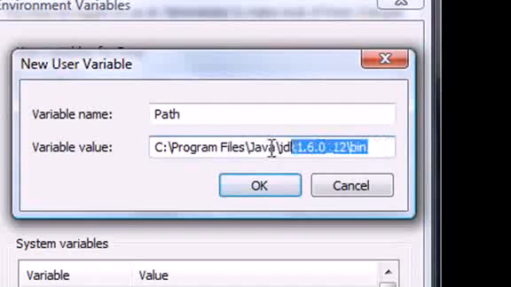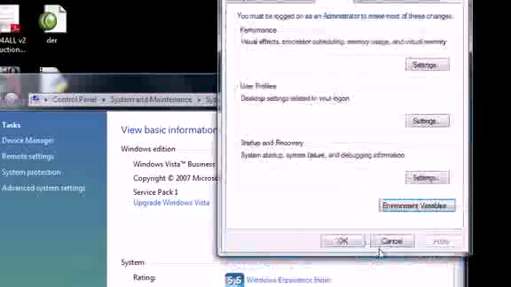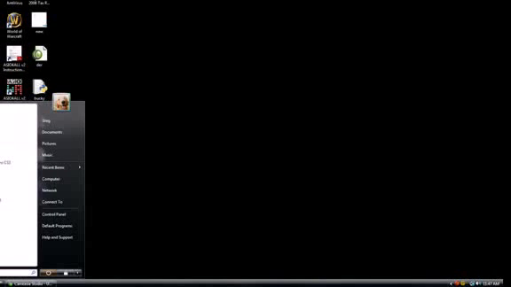Remember that link with the bin. So that's why it's really important that you get that link. Now go ahead and click OK, and bam, click OK on this. OK, and you now have your compiler set up and ready to run. So go ahead and go back to your command line,